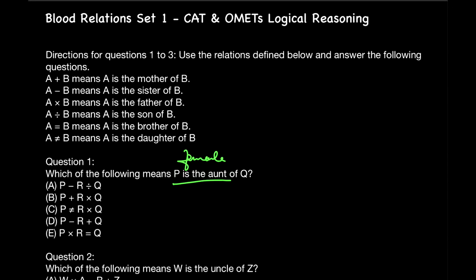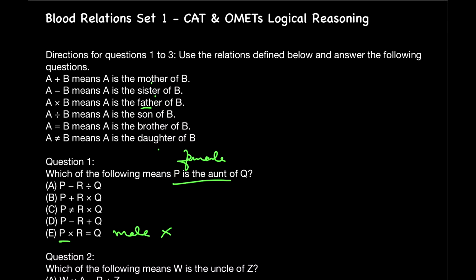P plus means mother, so this is a female, so plus can remain. Minus means a sister, so even minus can remain. Not equals to means daughter, so even daughter can remain, minus can remain, but multiplication means father. That means P is becoming a male. So because P is turning a male in option E, we will eliminate option E. So that's a very quick attempt to eliminate one or two options easily, because you have to first check the